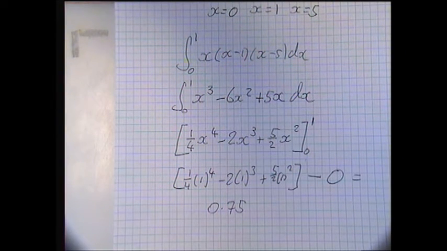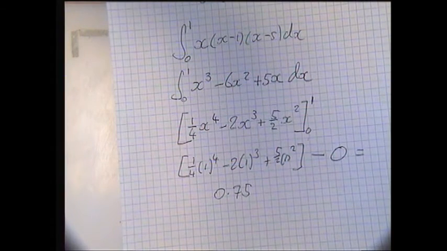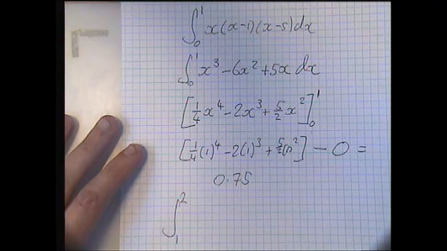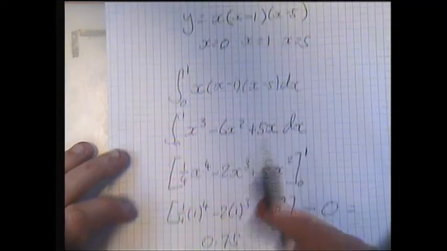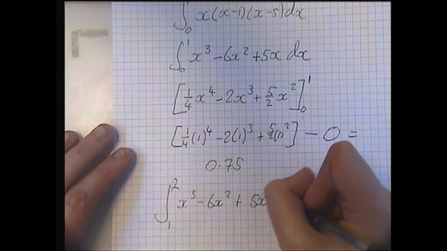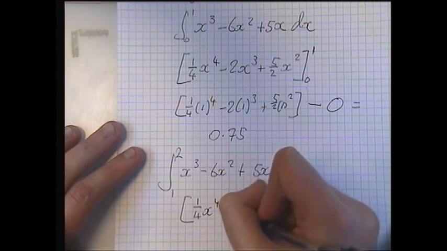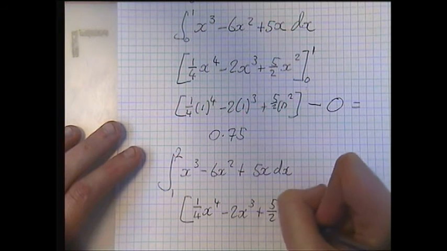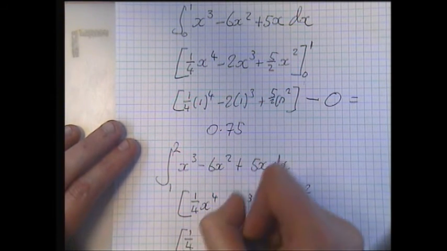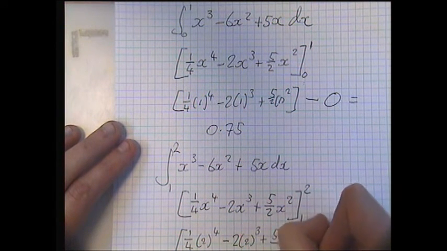So the area of that part above the curve is 0.75. So we need to deal with the bit below the curve, which is between 1 and 2. So we're integrating the same function, which we have worked out what it is there. X cubed minus 6x squared plus 5x. We've already integrated that, so don't bother doing it again. Where we've got 1/4 x to the power of 4 minus 2x cubed plus 5 over 2x squared between 1 and 2. So that means 1/4 of 2 to the power of 4 minus 2 lots of 2 cubed plus 5 over 2